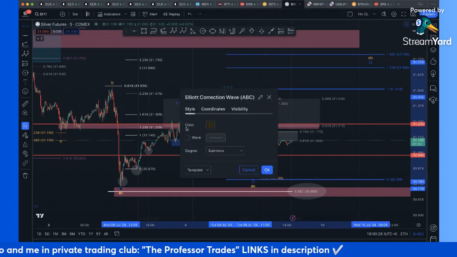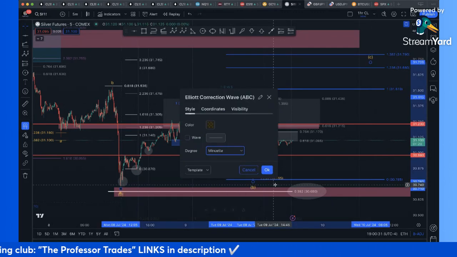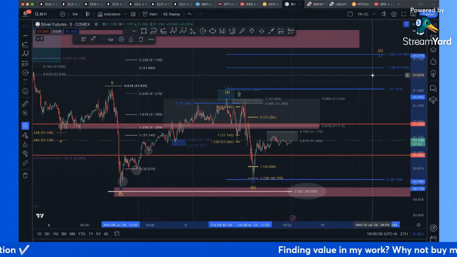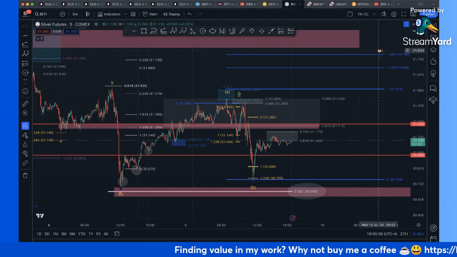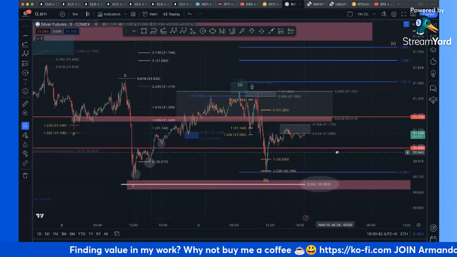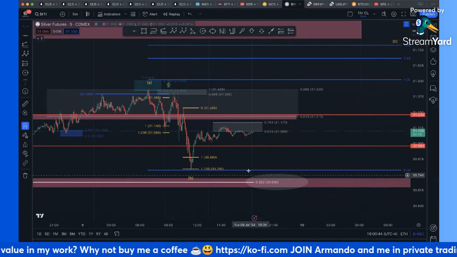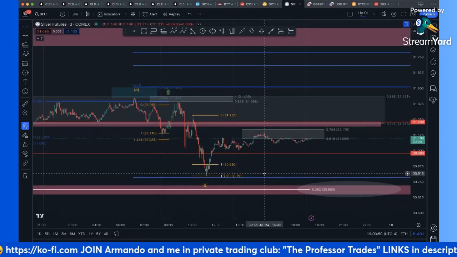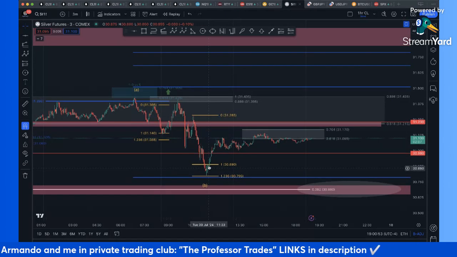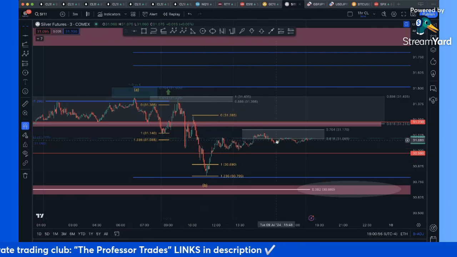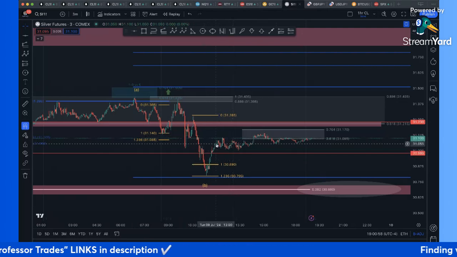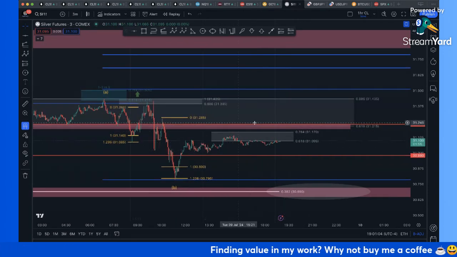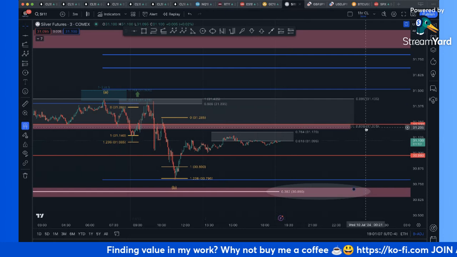All right, so let me make this a bigger, higher degree. Yeah, something like that. So if this is going to go higher, there's going to be 5 up and 3 back. Now I can see from looking at this reaction, it looks impulsive, but at this scale, sometimes it's hard to see what's going on. So this kind of looks like a 1, 2, 3. I don't think this is 5 up yet. But if this comes up and gets above this zone right here, and this is the 618 of the entire move down,